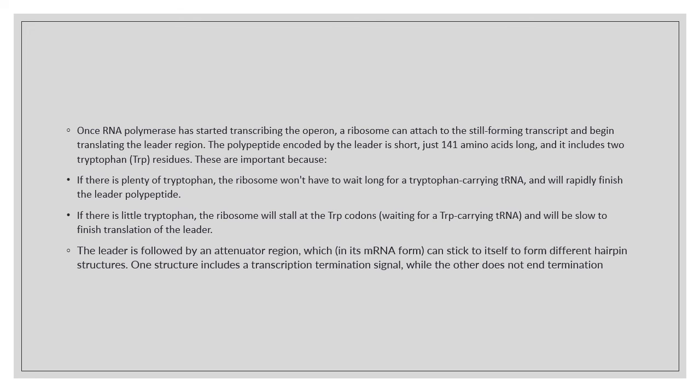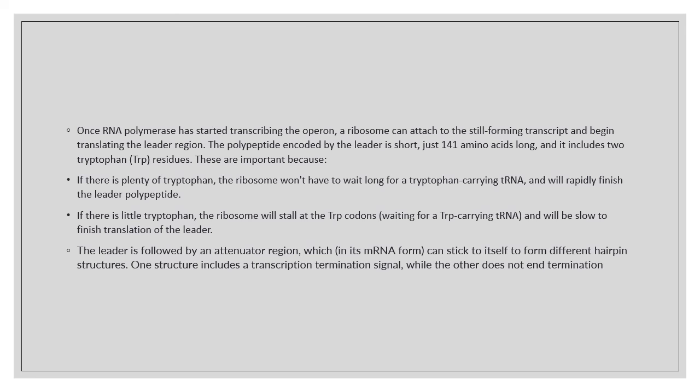Once the RNA polymerase binds and starts transcribing the operon, a ribosome can attach to the still forming transcript and begin translating the leader region. The polypeptide encoded by the leader is short, just 14 amino acids long, and it includes 2 tryptophan residues. And this is important because if there is plenty of tryptophan, the ribosomes won't have to wait long for a tryptophan carrying tRNA and can rapidly finish the leader polypeptide. If there is little tryptophan, the ribosome will stall at the TRP codons and it will be slow to finish the translation of the leader